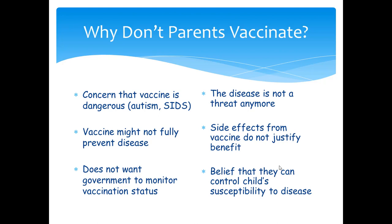Some parents might feel like, oh, that vaccine's not going to fully prevent the disease. But as we go through some of this, you'll see that with the pertussis, the whooping cough vaccine, the kids that are vaccinated might not actually have that whoop when they cough and get that stridor coming back in. So it may not actually fully prevent the disease, but it will prevent it from getting as severe as it can get. A lot of times the kids that are vaccinated have less